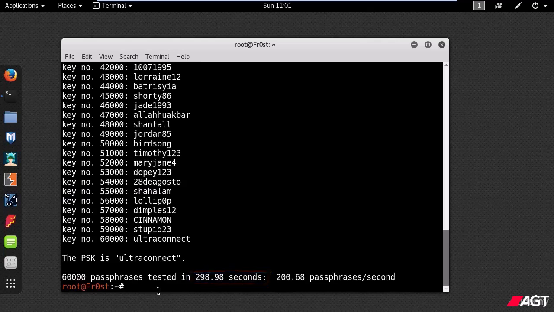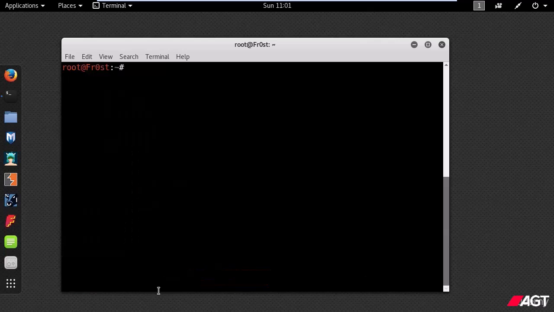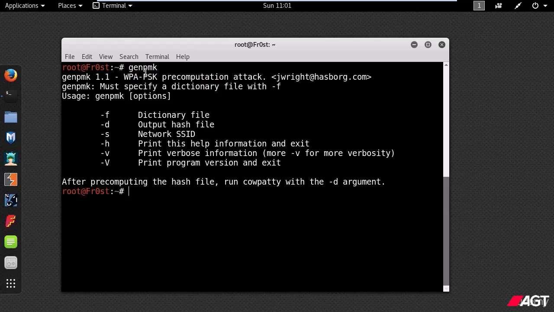But the way that will speed this up is to create your own hashes by using a tool called genpmk. This tool is very useful when you don't have any client connected to the access point, but you want to start generating the hashes for the SSID you are targeting. Now go ahead and type